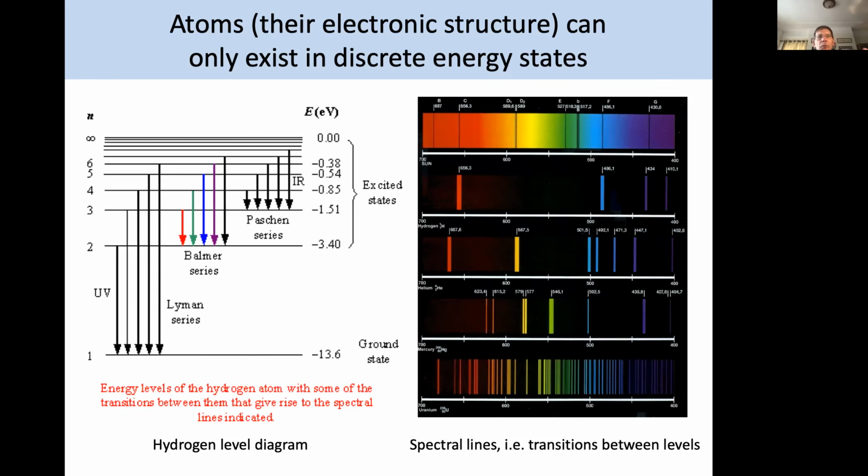And this bespeaks the fact that quantum mechanically, a bound system such as an atom only exists with electrons in orbitals of particular energy. Energy is either absorbed or released when these electrons make transitions between one bound level